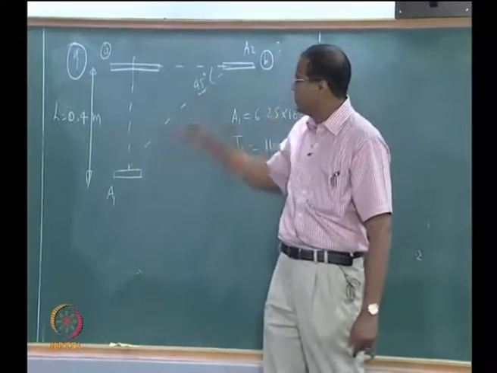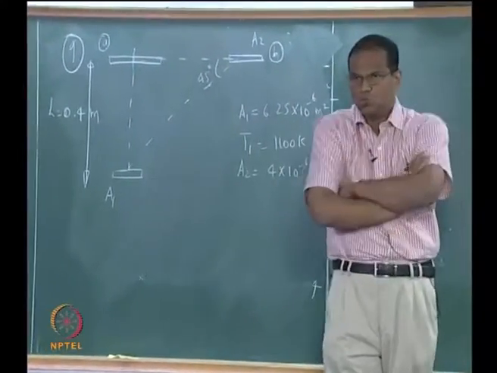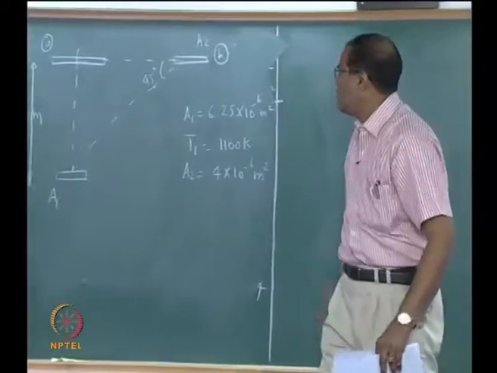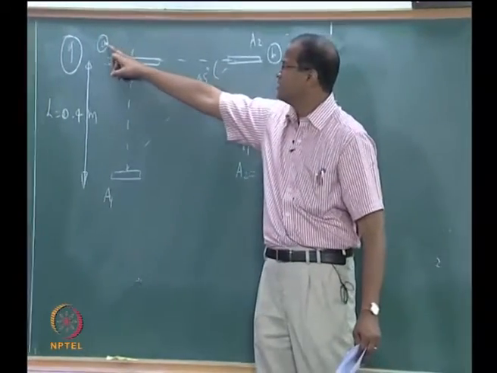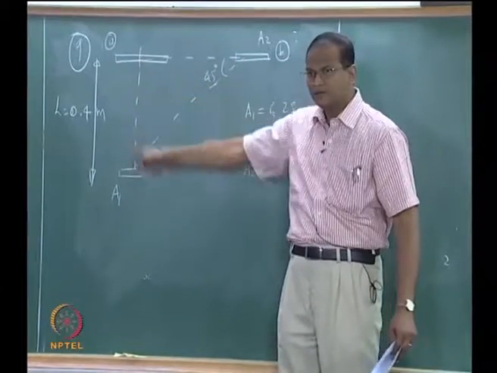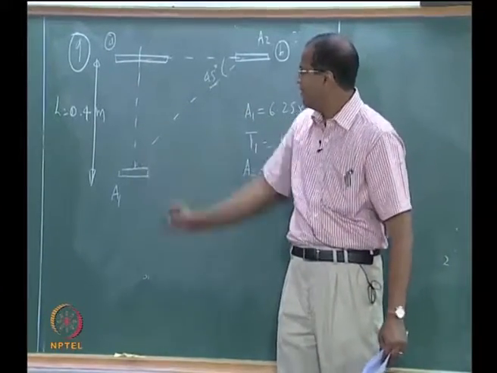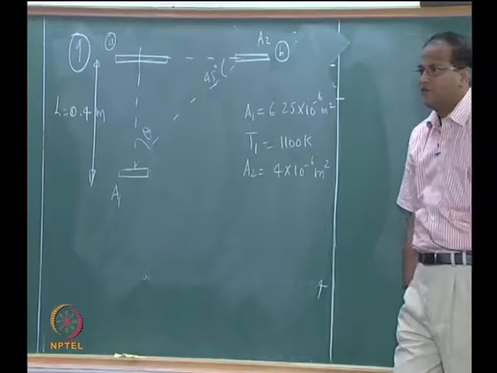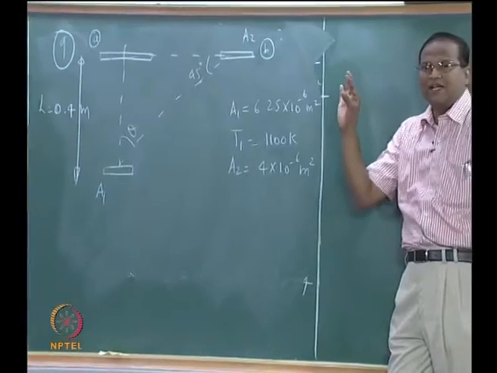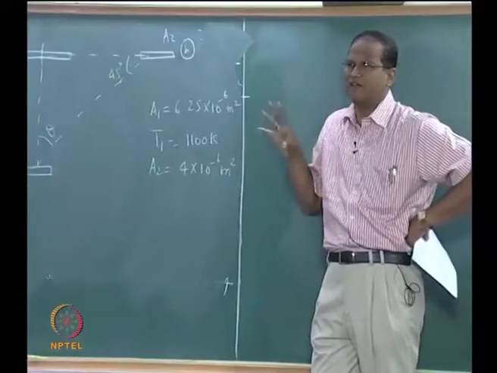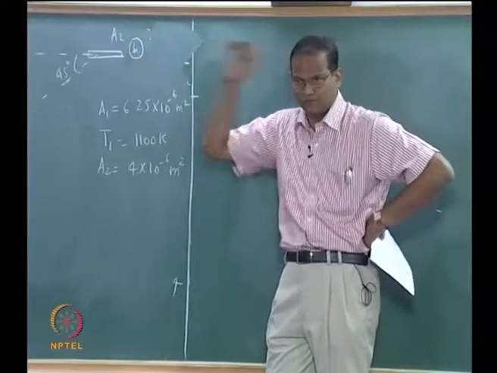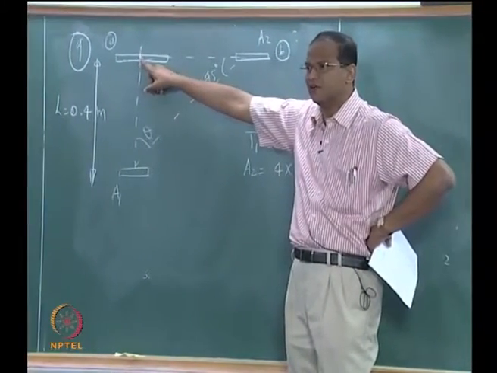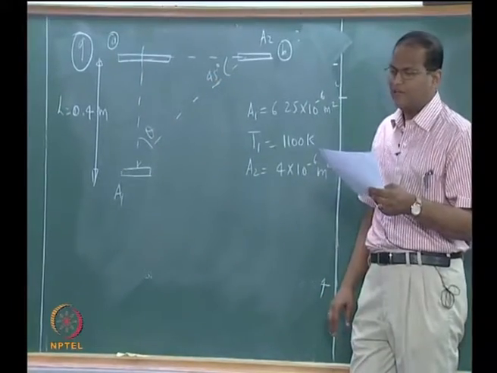Okay. So this is intercepted by another area A2. A2 is the fellow who is receiving the radiation. Now when it is at position A, then it is normal, and this is your theta. When it is normal, it is intercepting some radiation power which can be measured. I have an instrument to measure that, I will give you that value. From that value you will be in a position to find out what will be the emissivity corresponding to theta equal to 0 for this surface. Are you getting the point?